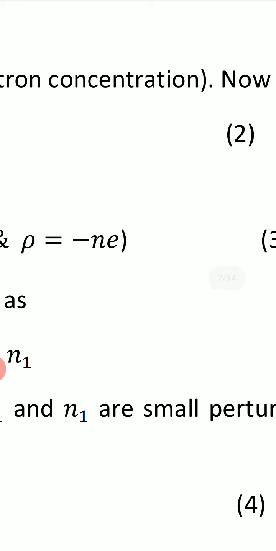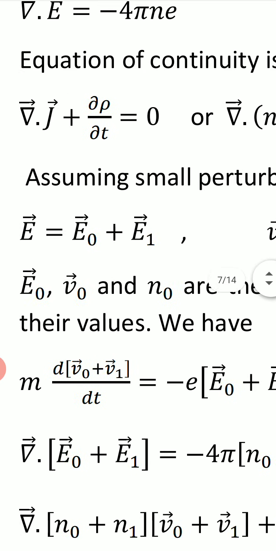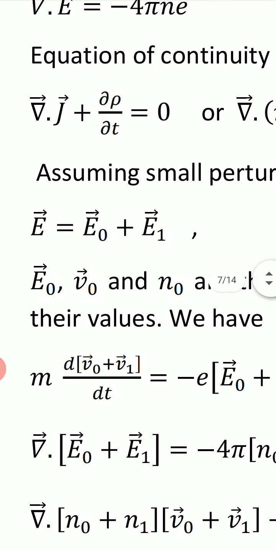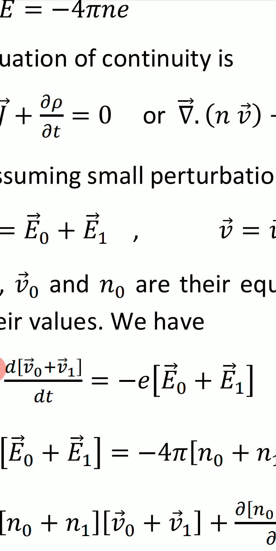We write it as equation 2, and the third equation we write is the equation of continuity. This is the equation of continuity, which is del dot J plus delta rho upon delta t equal to 0. This equation of continuity relates charge density rho and current density J. J vector is current density and rho is charge density. So the equation of continuity is del vector dot J vector plus delta rho upon delta t equal to 0,